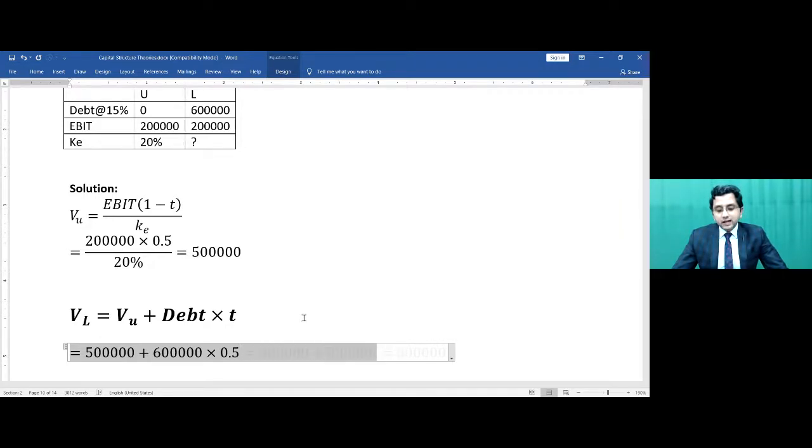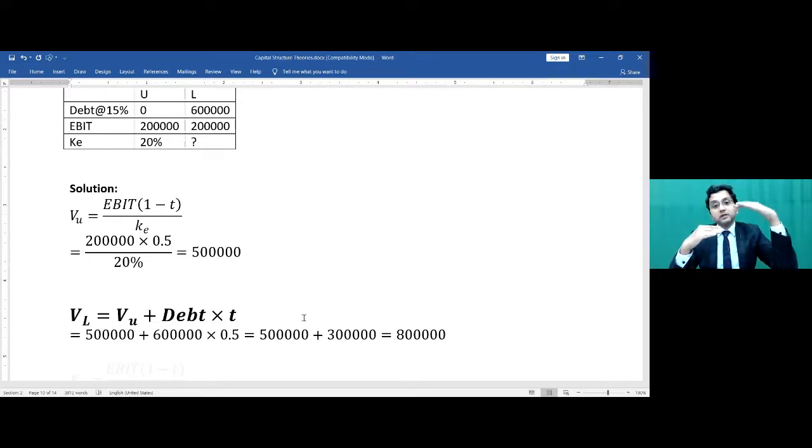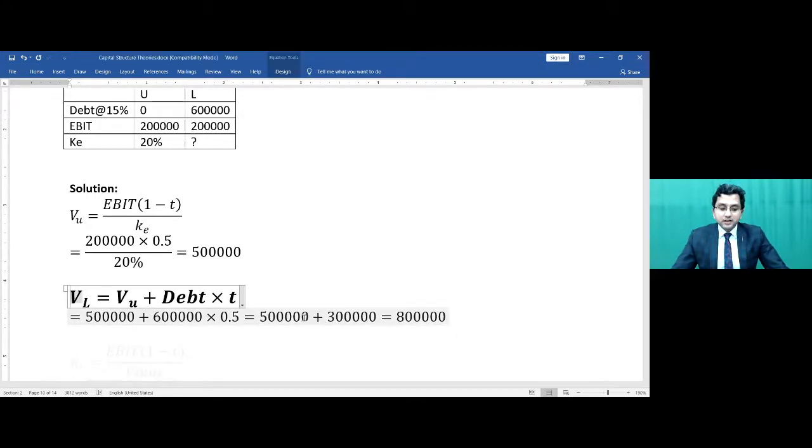So that will be 5 lakh plus 3 lakh. So value of levered firm is 8 lakh. Now the M&M conclusion changed. Now M&M is not saying value will remain same. Now it is saying levered firm will have higher value. And higher the amount of debt, higher the value of the levered firm, because it is debt into tax rate